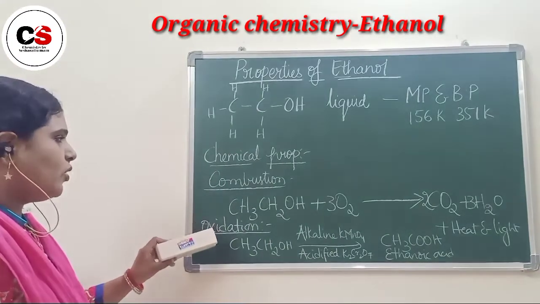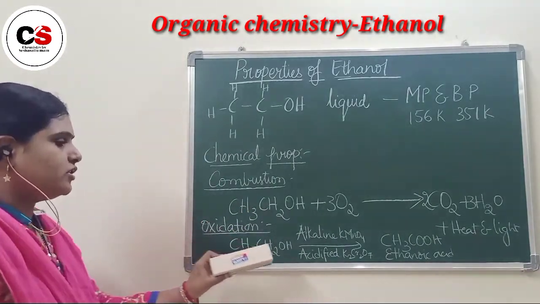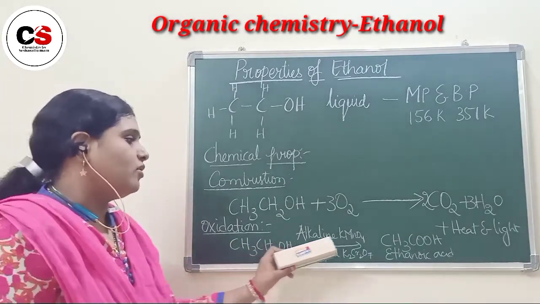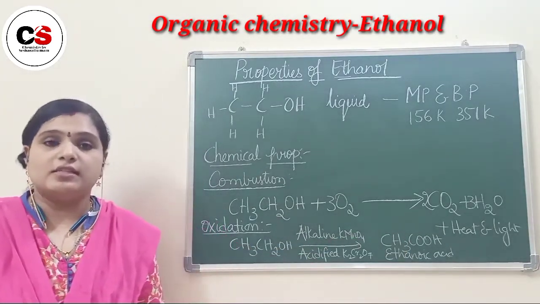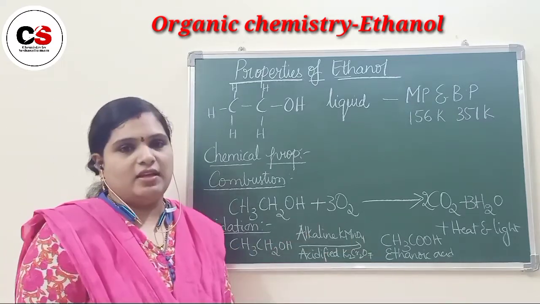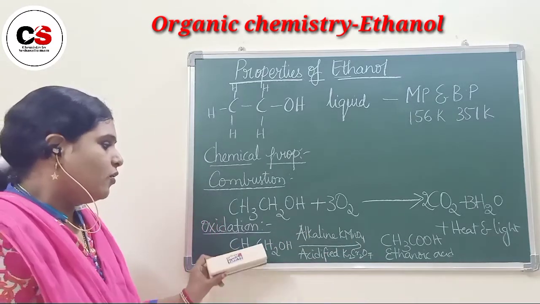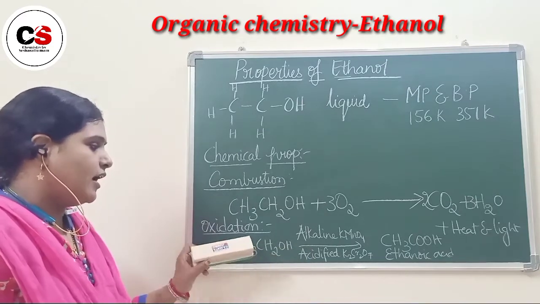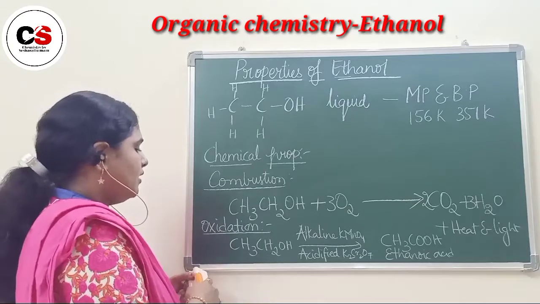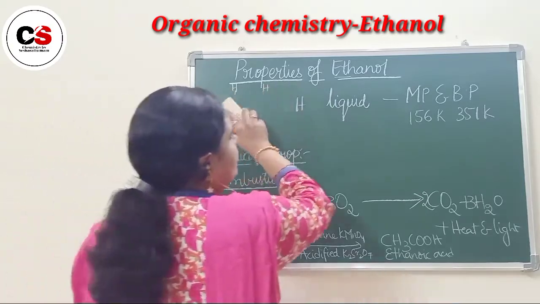Combustion reaction of ethyl alcohol, oxidation reaction of ethyl alcohol. On oxidation, ethyl alcohol will give out ethanoic acid, that is acetic acid. The number of carbons will not vary. Only oxygen will be added and hydrogen will be removed in this reaction. Then coming to the next chemical property,